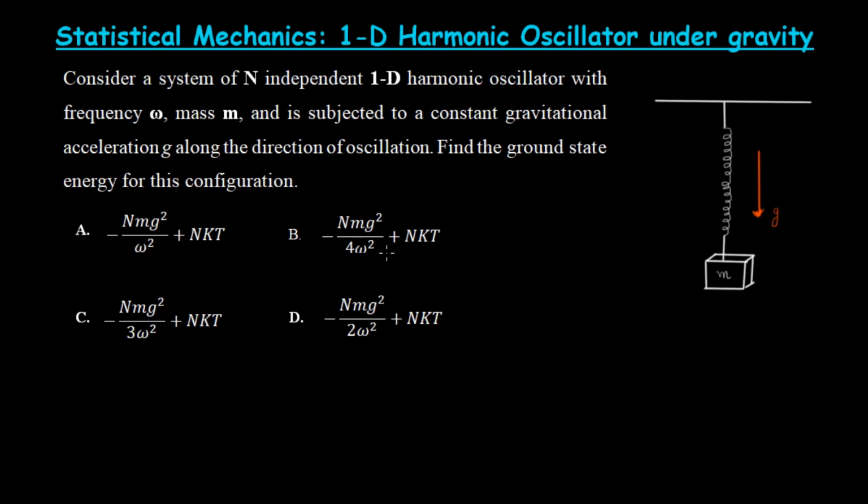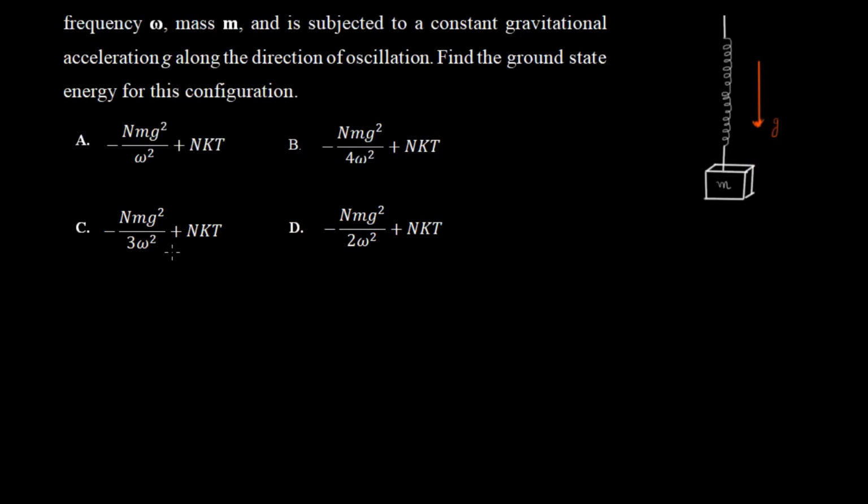Usually for statistical mechanics problems, what we do is write the Hamiltonian first. The Hamiltonian will be H = p²/2m plus, since this is a harmonic oscillator, the potential will be ½mω²q², where q is the generalized coordinate. You can take x, y or z, or a combination of x, y, z, or r, theta, phi. The only thing is that it has to have the dimension of length, that's all.